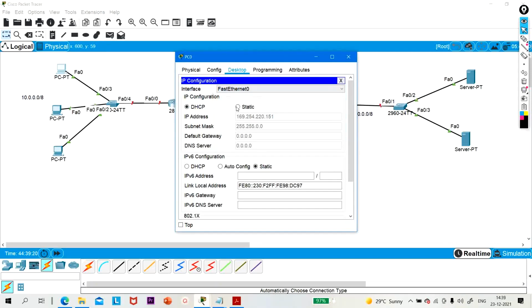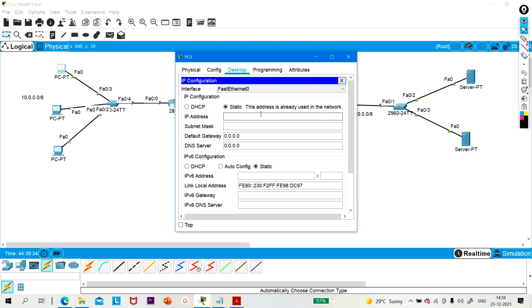IP address will be 10.0.0.1. Okay. Sorry, 10.0.0.1. What happened?